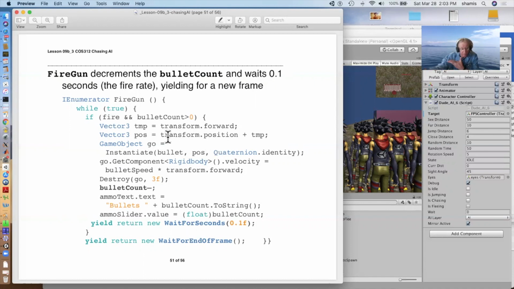and move it out a little bit from there, instantiate a bullet at that position. I've moved it out so I don't have to worry about the bullet colliding with myself. I get its rigid body, set its velocity to be the bullet speed, transform forward. I destroy it after 3 seconds and I decrement the bullet count and update my UI and wait a certain